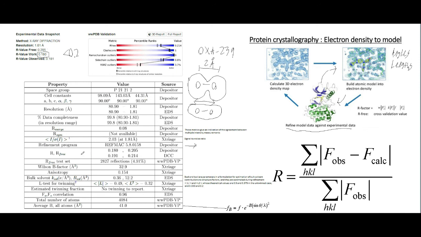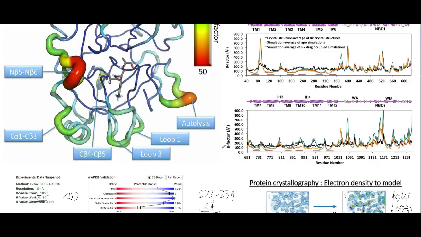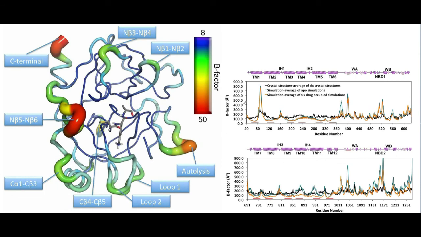And then we have the R free test, which just tells us this number of reflections. So this B factor, which you see here, is the Wilson B factor, but then we also have the average B factor here. And the B factor, I would think of as sort of a floppiness factor. I actually have stuff up here about the B factor. You see the B factor, the higher it is, the more uncertain you are of your